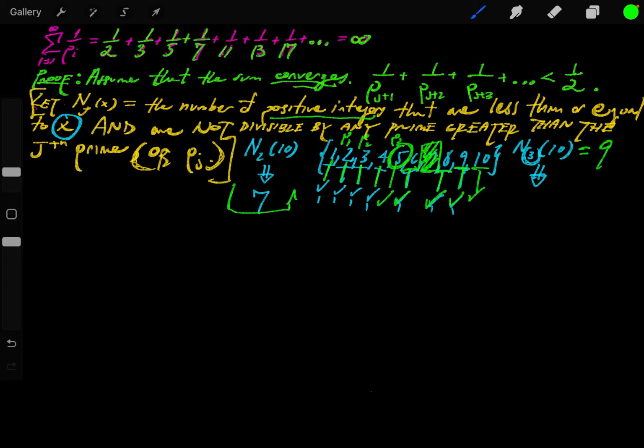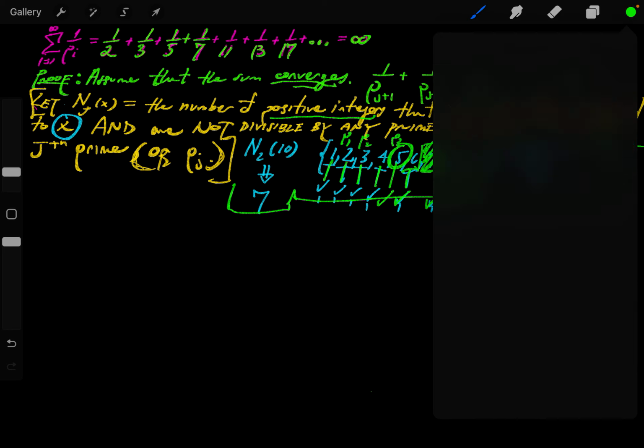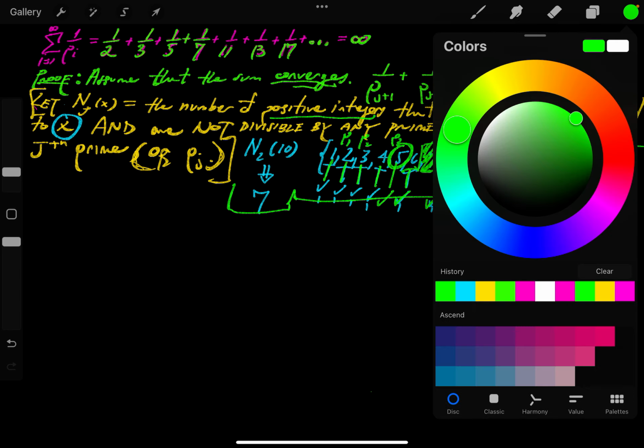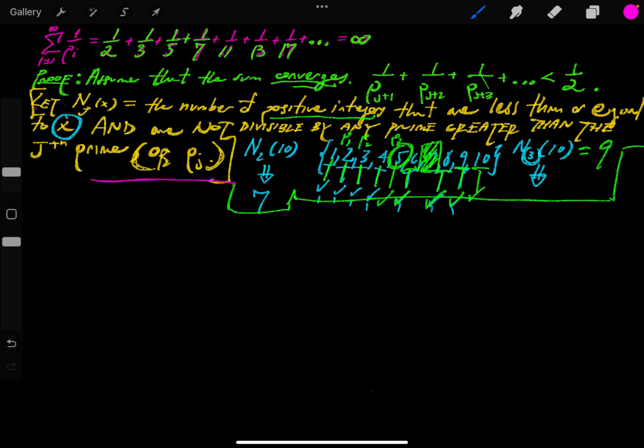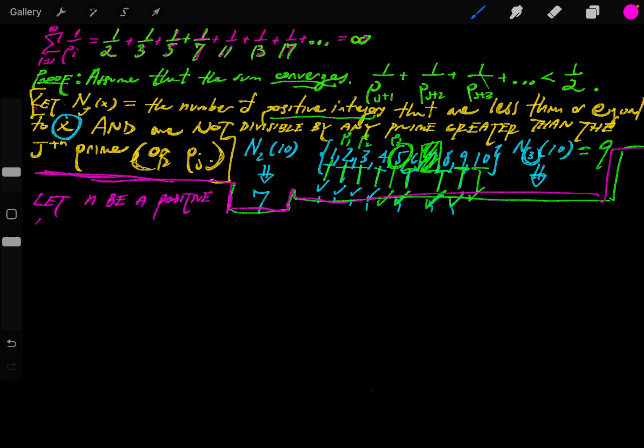Okay, and now right after I get this idea of what n sub j actually is, the next thing I need to think about is putting an upper bound in the general case in order to prove the theorem. So, an upper bound for the general case. Let n be a positive integer, and it's going to meet two conditions: less than or equal to x,